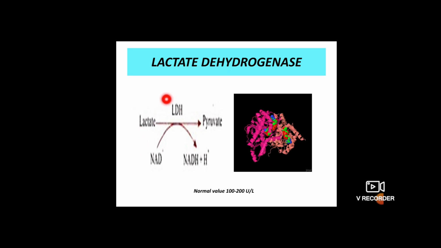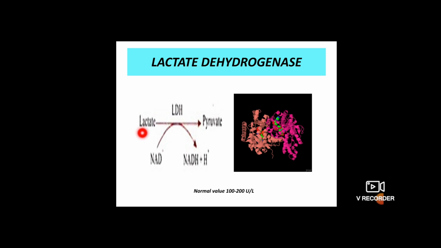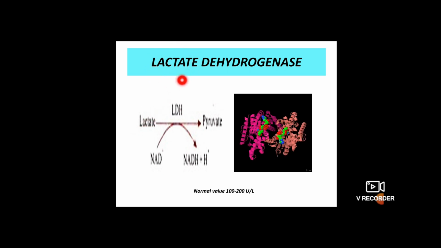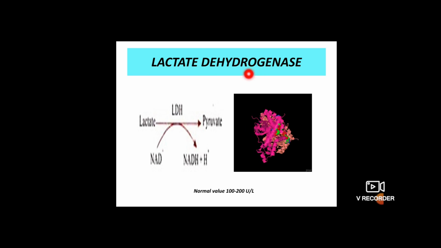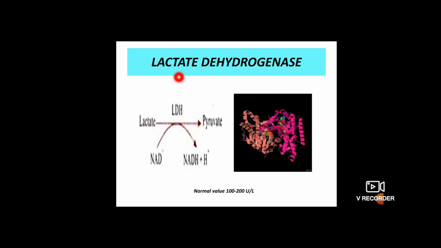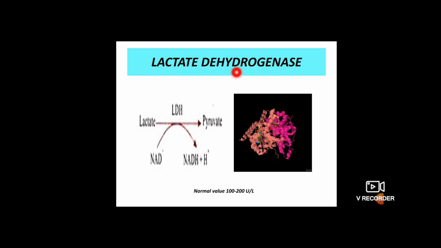The main reaction is very important. So the reaction is lactate. That's why it is called so. I told you the name of the substrate and what type of reaction it's going to do. By this it got its name. The enzyme name is lactate dehydrogenase. Dehydrogenase means it is removing a hydrogen group. From where? Lactate. So lactate is converted to pyruvate with the help of this enzyme, lactate dehydrogenase.